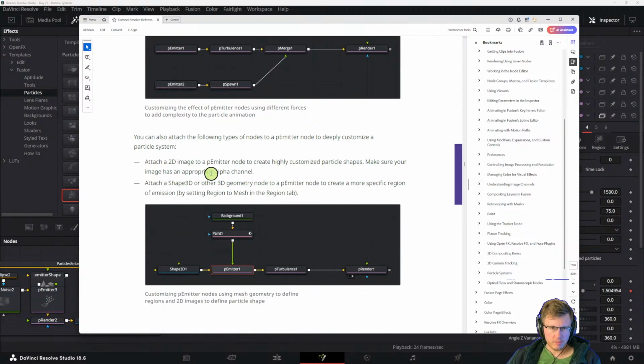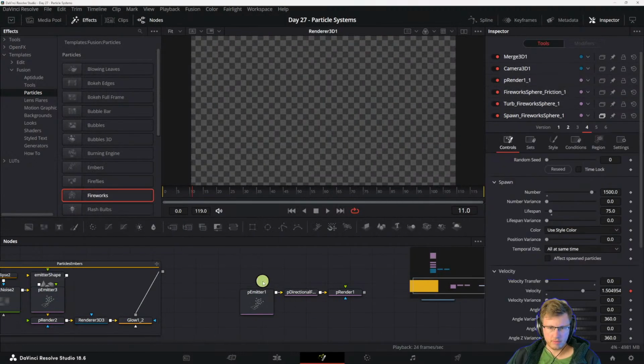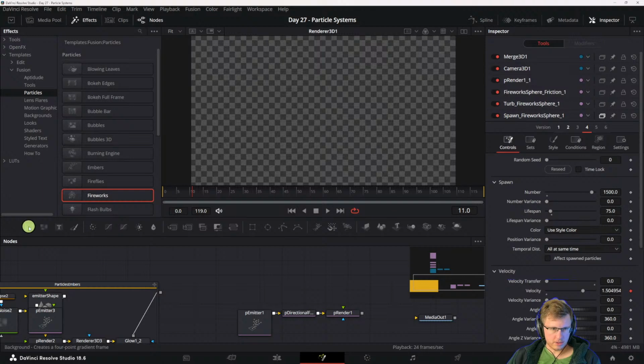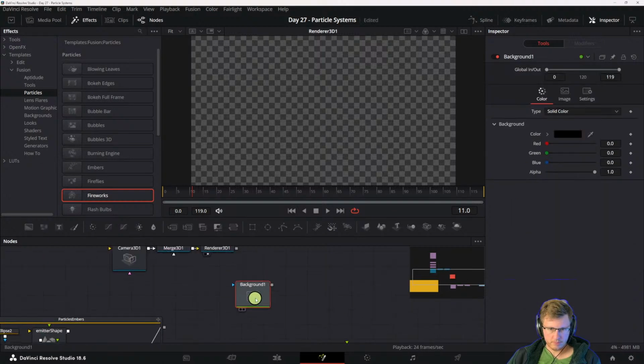Attach a 2D image to a pEmitter node to create highly customized particle shapes. Make sure your image has an appropriate alpha channel. Let's try that. Let's attach a 2D image to a pEmitter node. Let's start with that real quick. So we attach the 2D. Let's make a